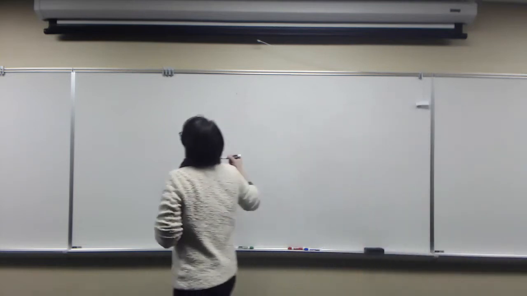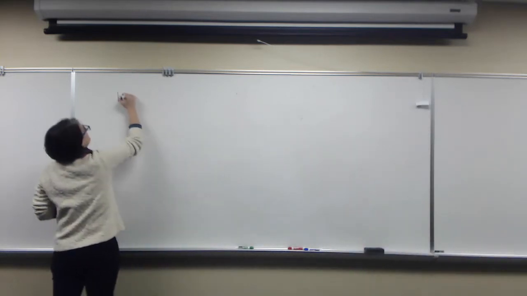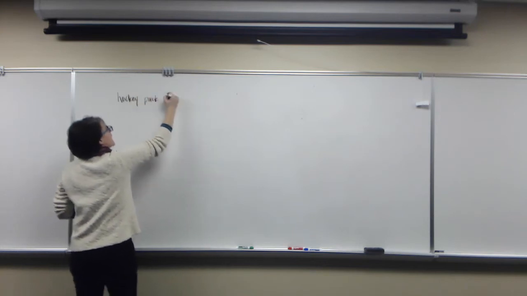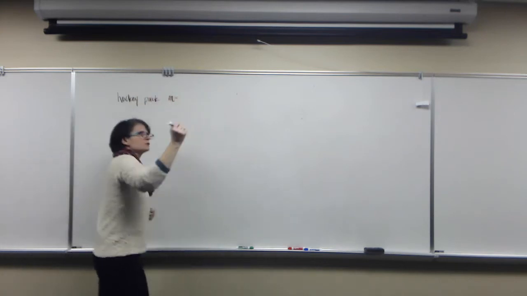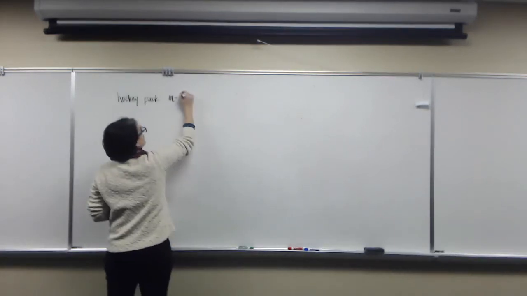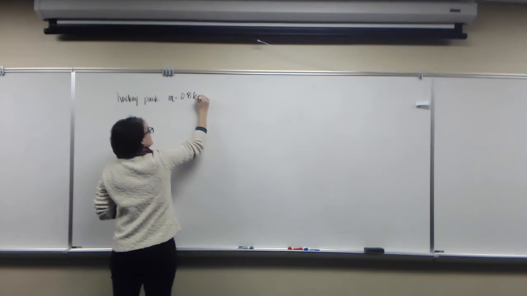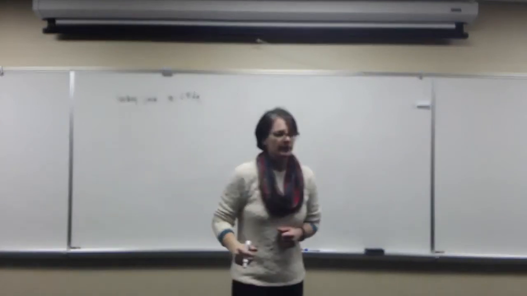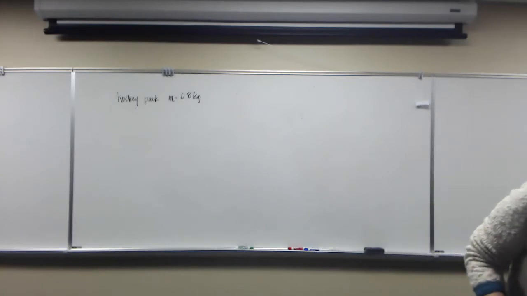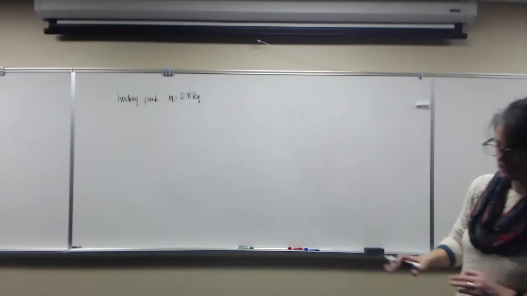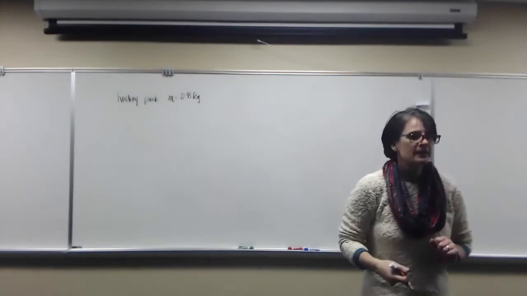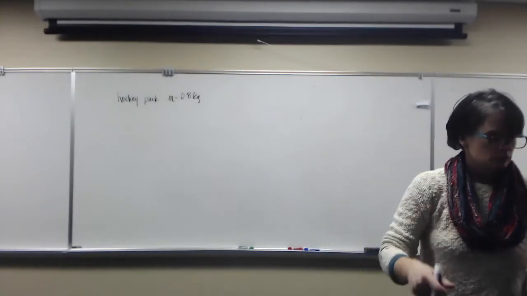A hockey puck has a mass equal to, what are hockey pucks? They're kind of dense, maybe 0.8 kilograms. The hockey puck has a mass of 0.8 kilograms, and the hockey player is on the ice, skating up to it, and he's going to take a slap shot or whatever shot,